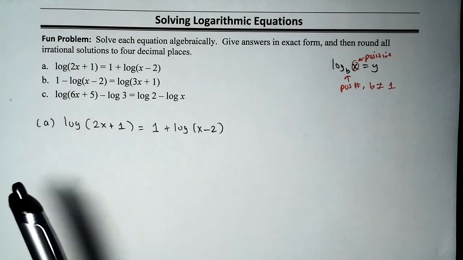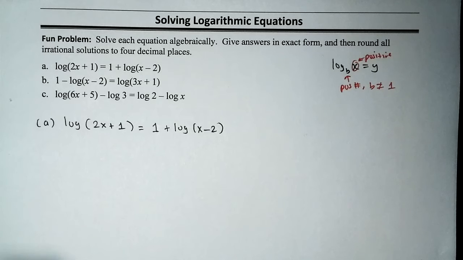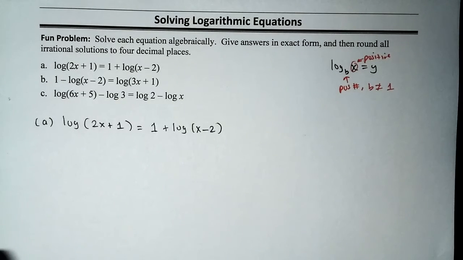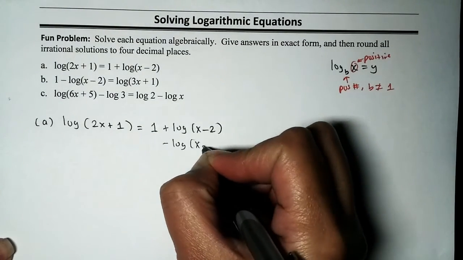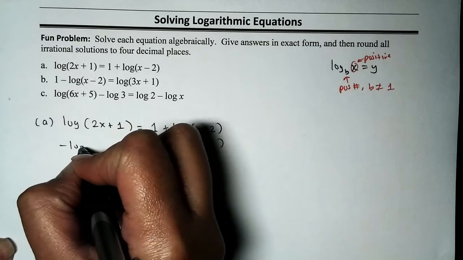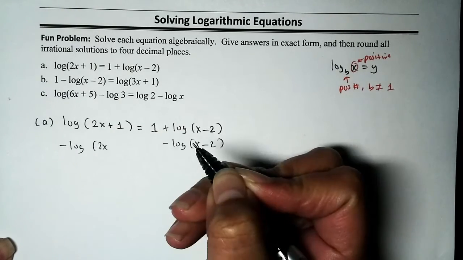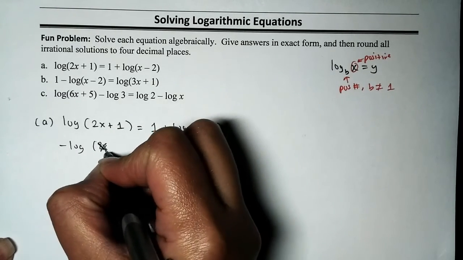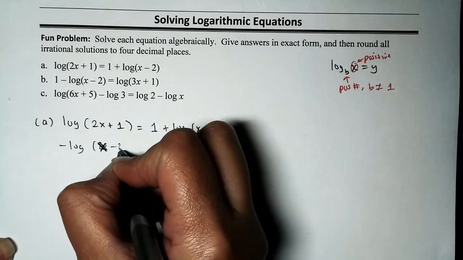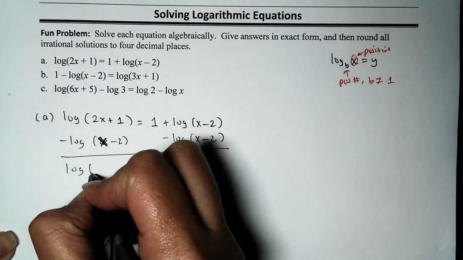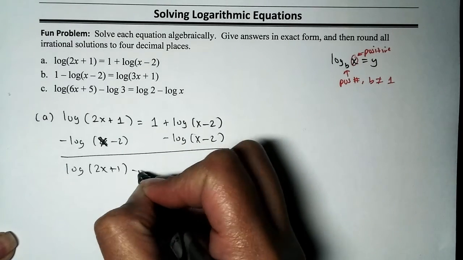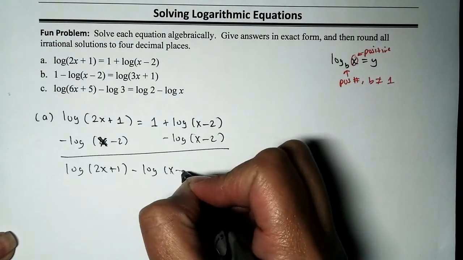Let's go ahead and move one of these logs to one side. I'm just going to move the one on the left. Undoing of addition is subtraction, so let's subtract log of x minus 2 from both sides. Oops, sorry, x minus 2. Sorry, my hand is in the way. And when we do that, we'll be left with log of 2x plus 1 minus log of x minus 2